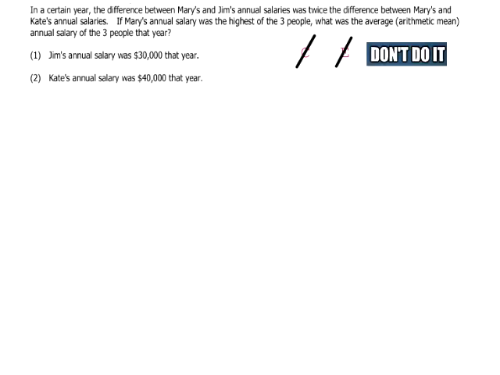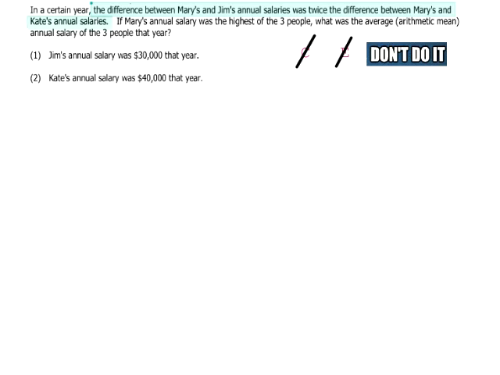All right. Let's talk about this thing. So the difference between Mary's and Jim's annual salaries is... So this problem, the one annoying thing in this problem